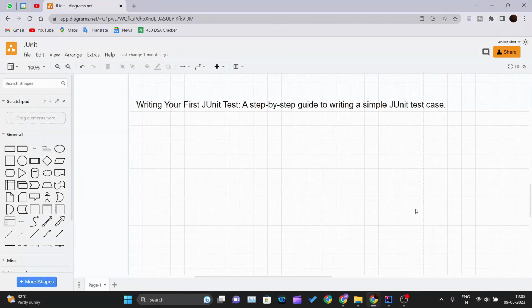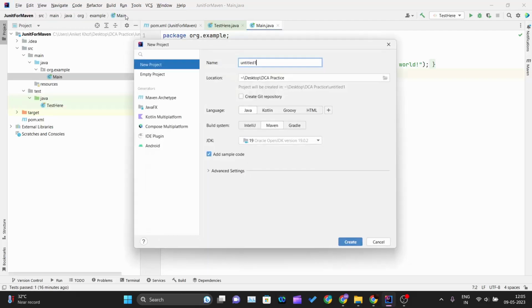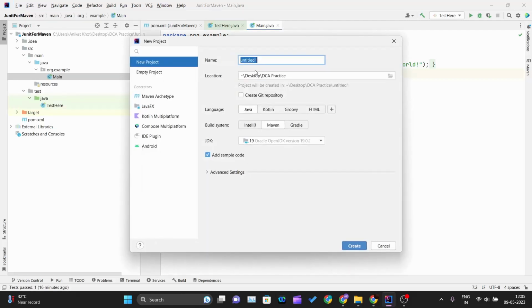So in this particular video, we will be writing our first JUnit test case, and this video will be a step-by-step guide to writing simple JUnit test cases. Okay, so let's get started. I will open my IntelliJ IDEA and I will click on file, new, I will create a new project. Okay, I will create my project name as